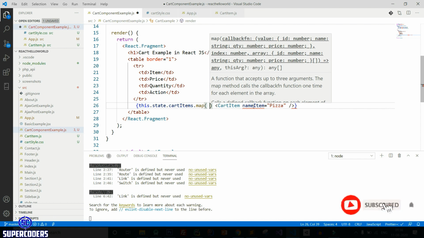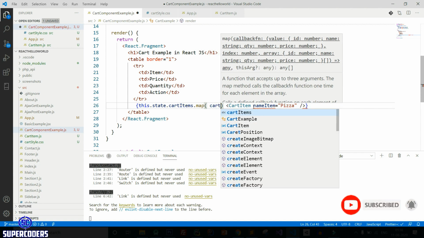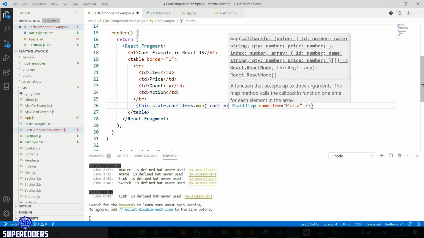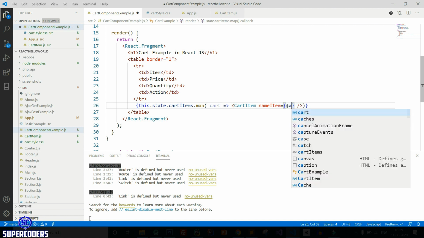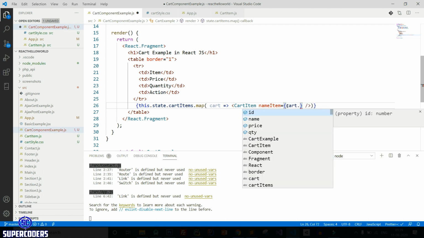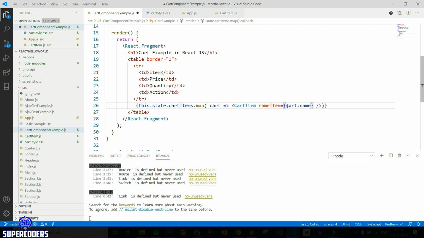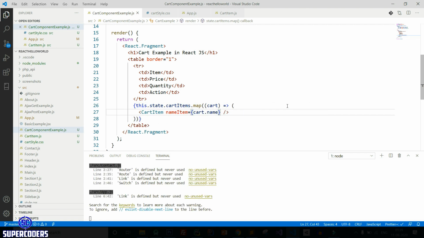then cart arrow, and here closing it. Now access this item. So here cart dot name, save it.